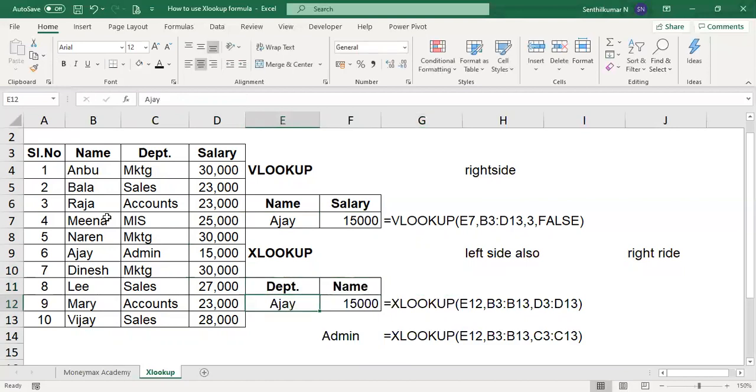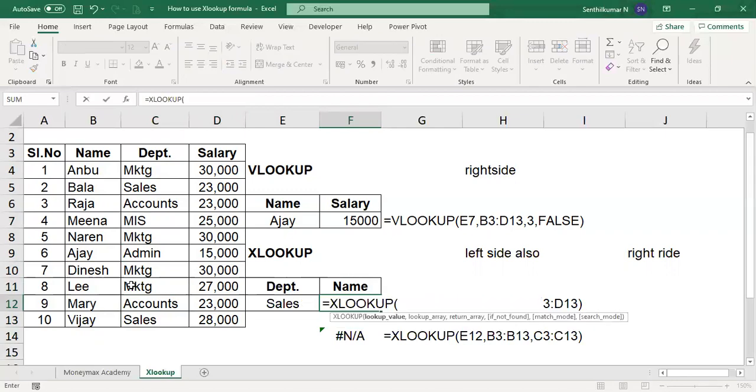The department is sales and you want to know the name of the person. Suppose only one person works in sales, for example Bala. Bala is the answer.